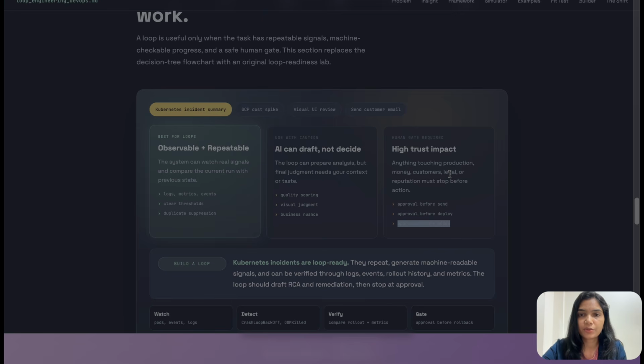Once you understand these things, you can build the loop. Now you must be wondering how you build the loop, and how you get to know what actions AI can take if you only know the basic prompt. On that website, I have built something as a boilerplate where you put the prompt in simple English, and it detects whether any loop is involved, what action can be taken care of by AI, and where you think the human in the loop should be involved.